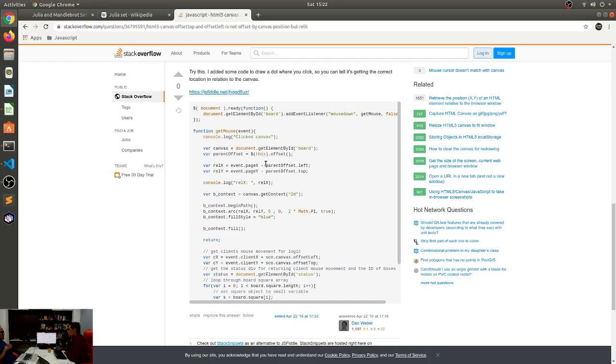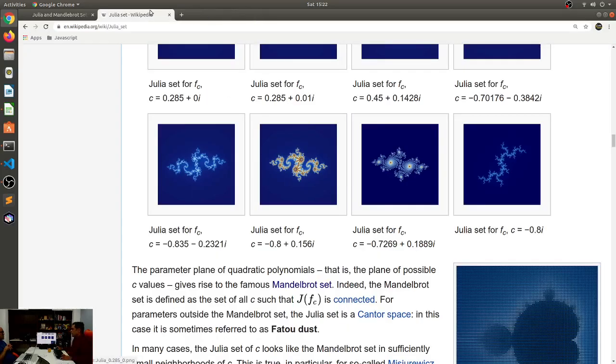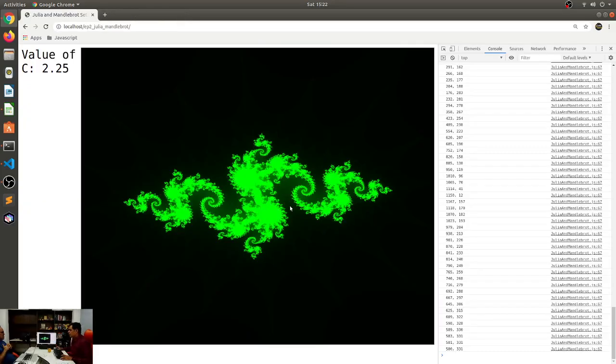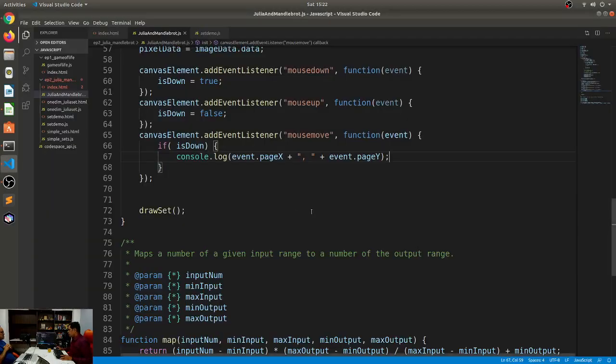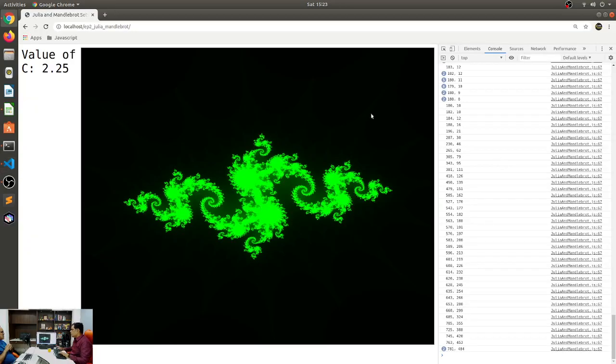Yeah, I think it's just called parent offset. I mean, it's just called offset. Hold on. Can't we just subtract that 180 or whatever? Yeah, I think we can. For now, I think we can just do a minus 180 and a minus 10 on both of these. I think that's a much easier way to do it. So it is minus 180 and minus 10.